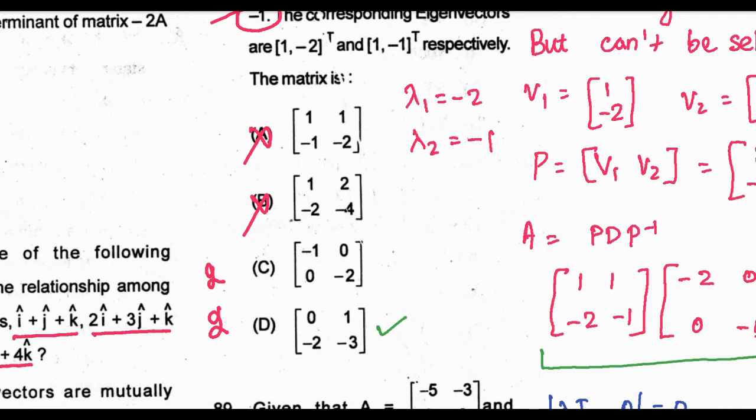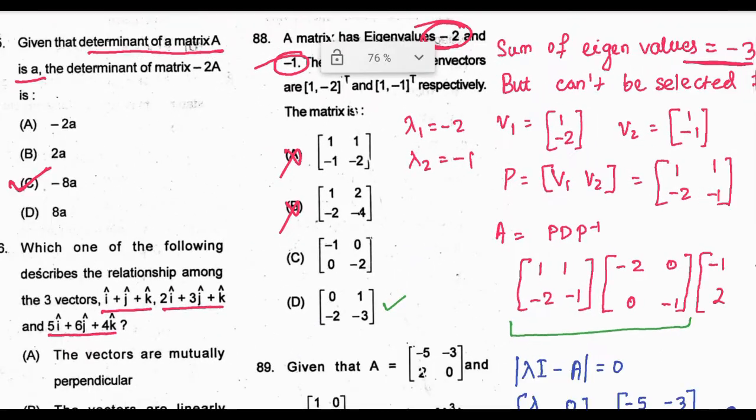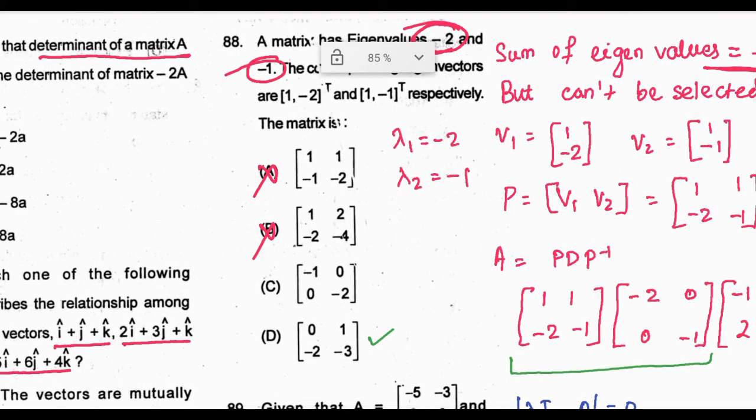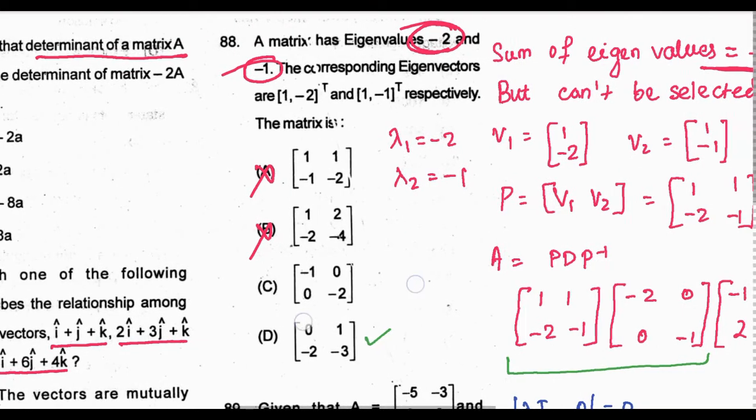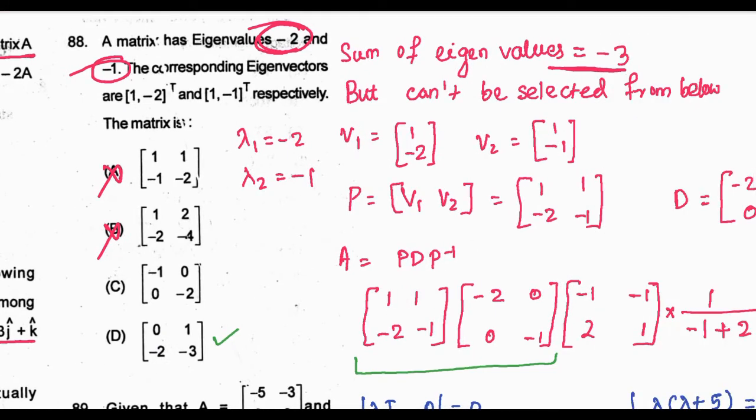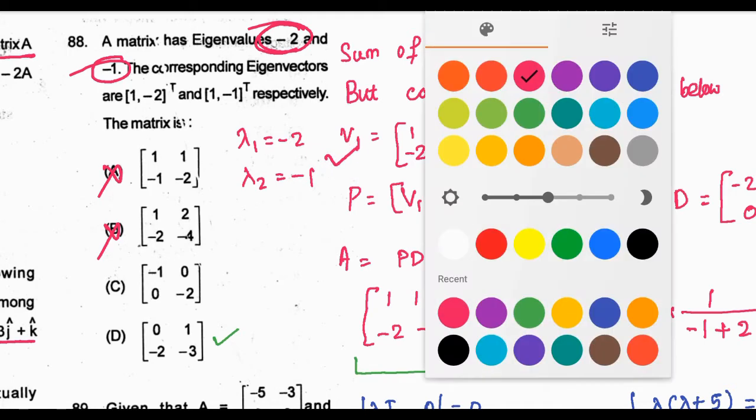So we cannot choose by this method because we are having two options now. We are having C and D. We have to choose which one is correct. So I have followed another diagonalization method. If you first use these two methods to find out what is the correct matrix, then you will go for the diagonalization method. In the diagonalization method, V1 is the first eigenvector, V2 is the